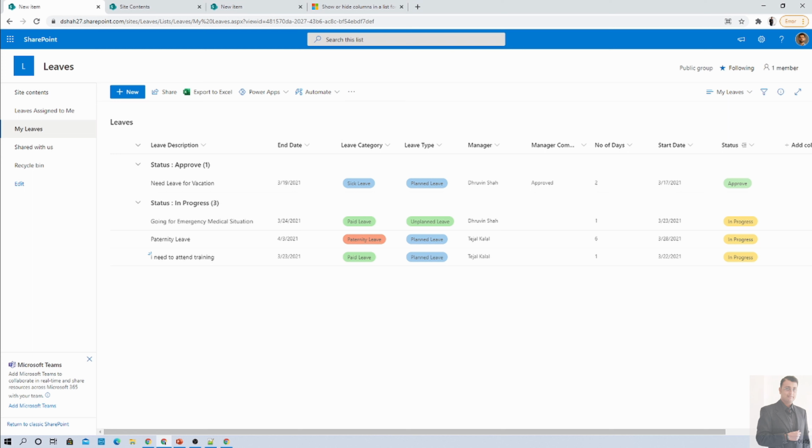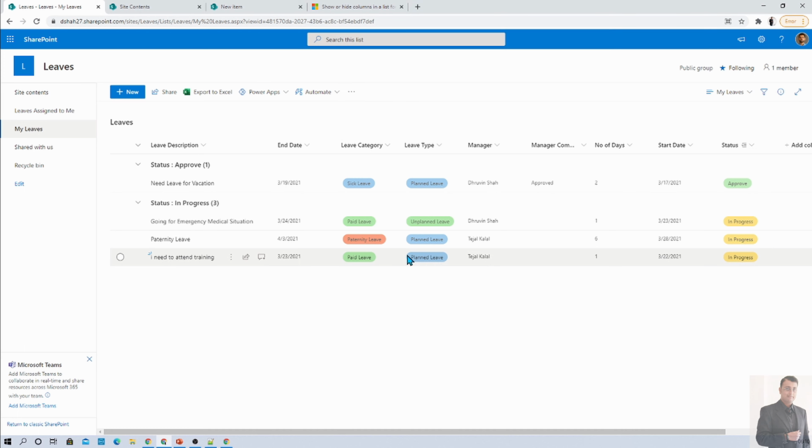Now, first of all, during this entire demo, we are going to build one live application system. In my Power Apps video series, we already talked about how we can customize this with Power Apps and develop the live application system. But what if we want to achieve a similar kind of thing with the help of JSON formatting? We will be discussing that in detail over here. So first of all, this is the requester view where you can see all your leaves.